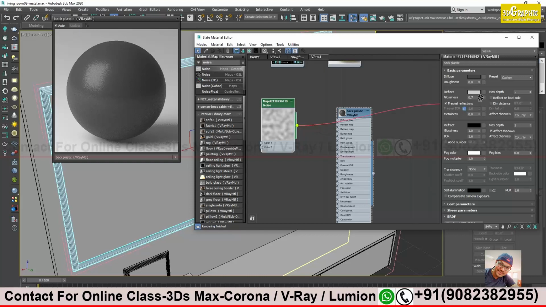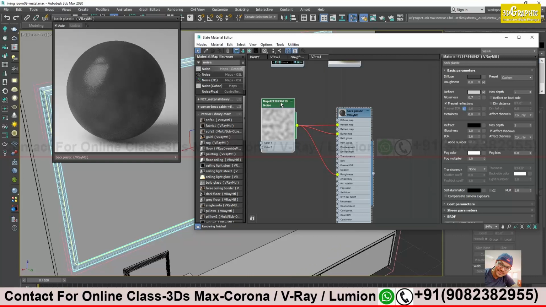I want to give a reflection map over here, and also I want to give this on roughness. Roughness is a new feature, I think, on V-Ray 5. Yes, sir. Before V-Ray 5 it was not there. And the bump map, yes, bump map.